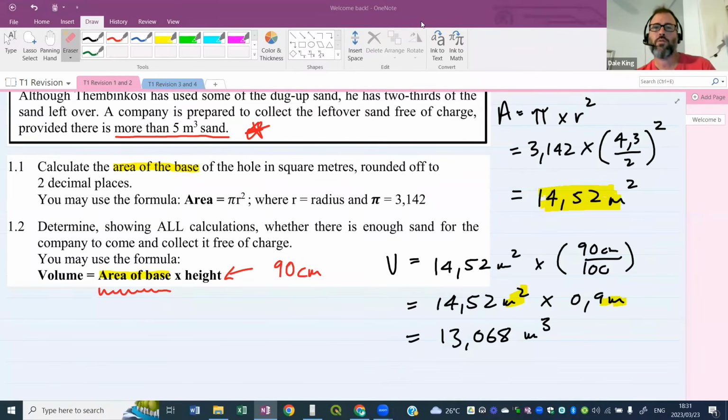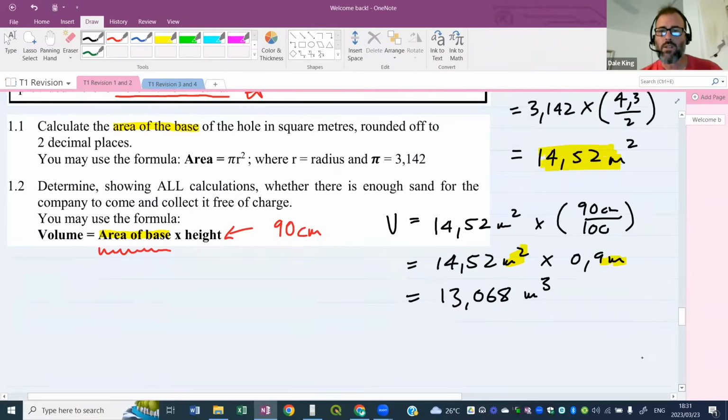When should we round off? Who can remind me? When should we round off? The only time that you round off. Anybody in chat, when should you round off the question? You're doing a long question. When is the best time to round off? Yeah, the final, that's it, Dave. The final answer. Okay. So now this 13,068 is not the final answer because we still have to work out